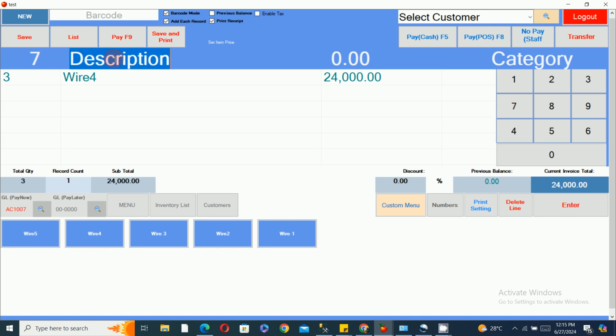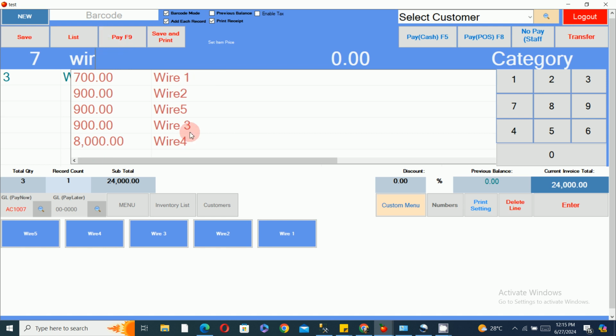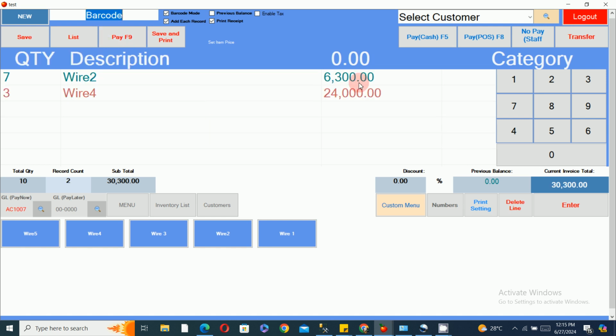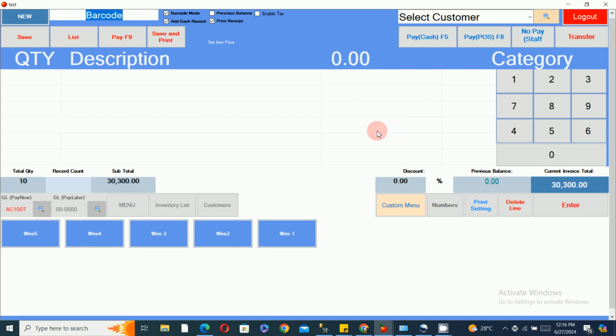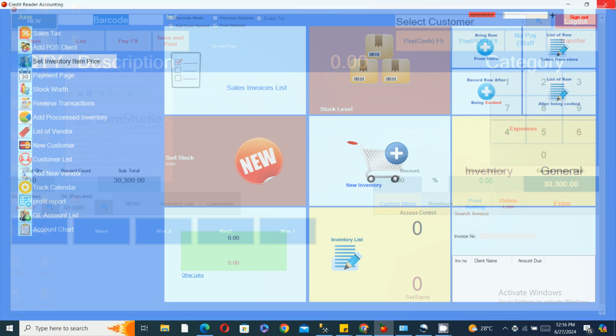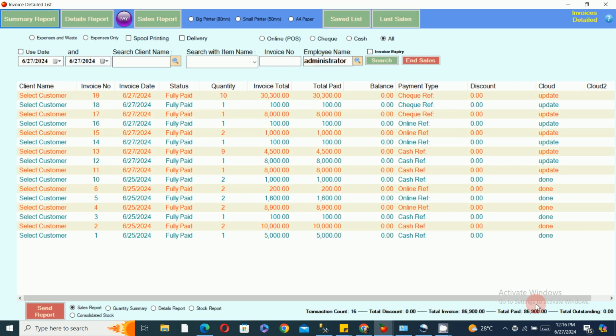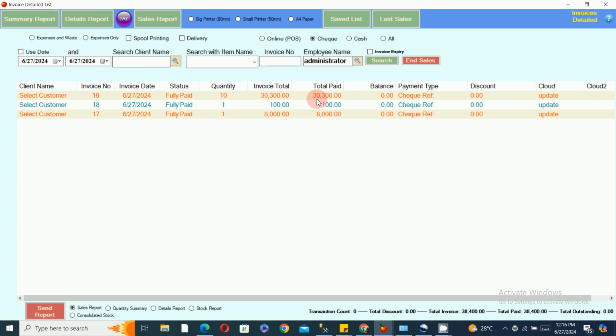Then I come here and type wire. Then I take the wire 2, which is 6,300 for the 7. And this customer is paying by maybe transfer as well. So once the total is 30,300, once I click on my transfer, automatically it prints out the receipt for me. Then I can go to my sales list to see my total sales for the day is now 86,900. Then all my transfers, which is on that check, these are all my transfers, was 30,300, and you can see